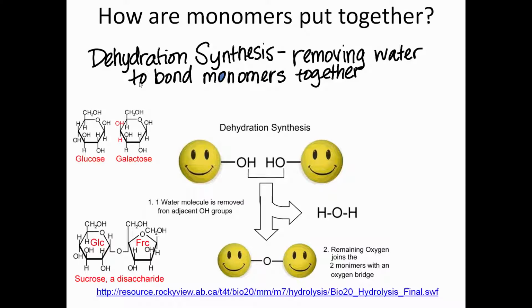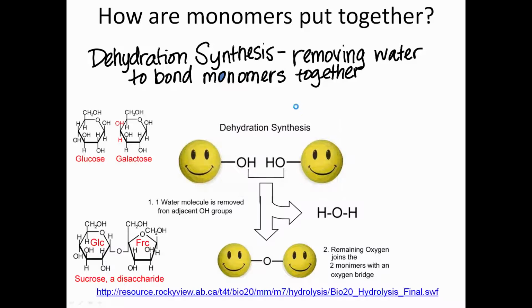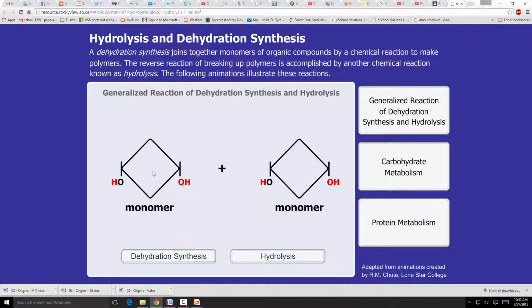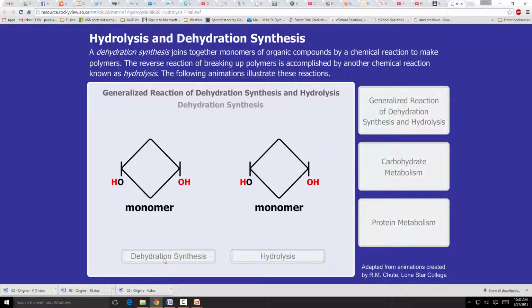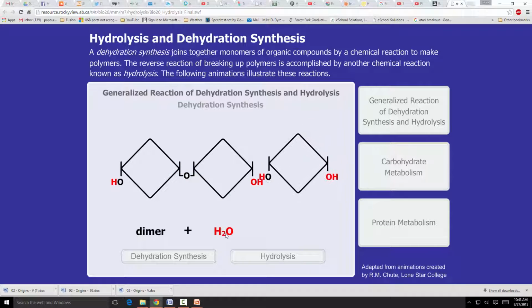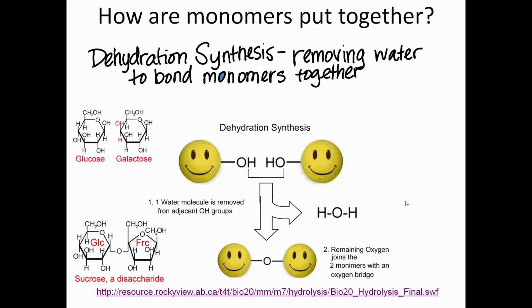And I want to show you a short little depiction of this. So dehydration synthesis, there's the monomer, they come together, the water gets taken out, and now we have a dimer and a polymer. So you can see that the water molecule is removed,